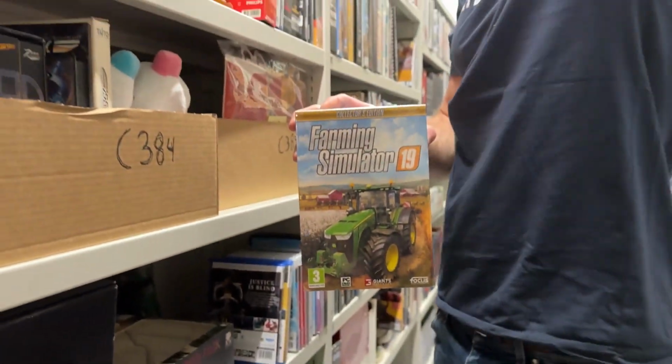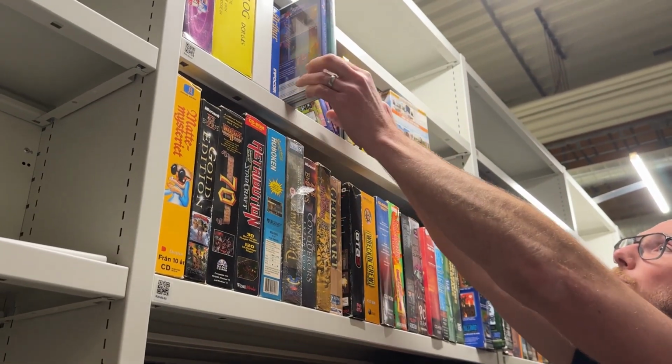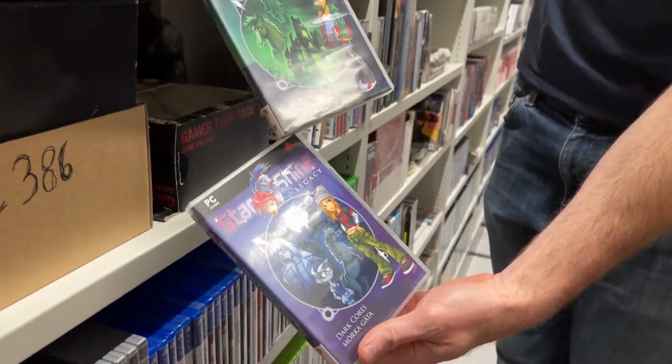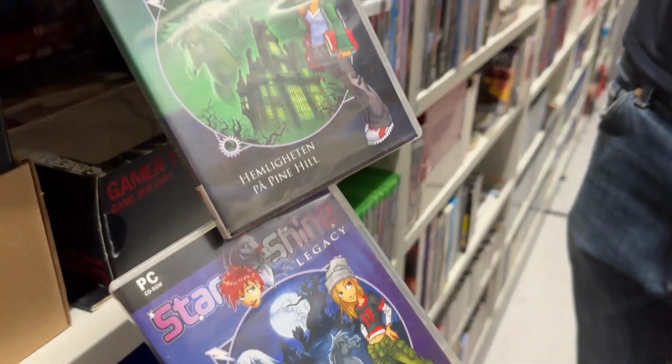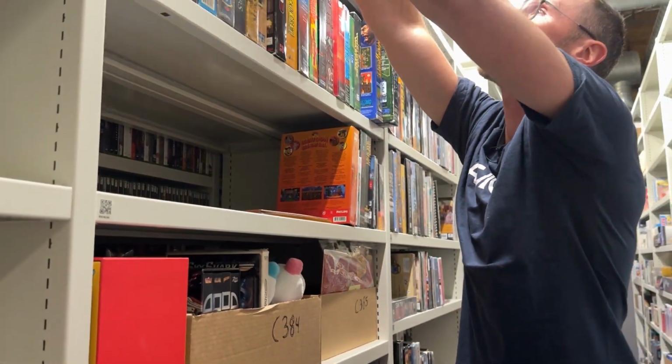And then we have, I think, isn't this a famous series as well? I thought it was Star Stable, but this is something else maybe. Yeah, this is not related. This is Swedish versions of some horse game. But here we have some